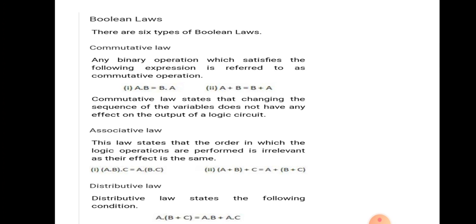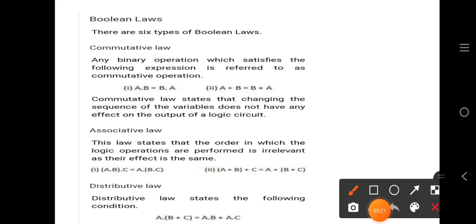And if you multiply any number by 1, then the result will be the number itself. As these two are the basic laws of mathematics, similar to that, in Boolean laws also there are some basic laws. So these basic laws we are going to study here. The first law of Boolean is the commutative law. The second one is the associative law. The third one is the distributive law. Now we will see one by one, what is the commutative law.